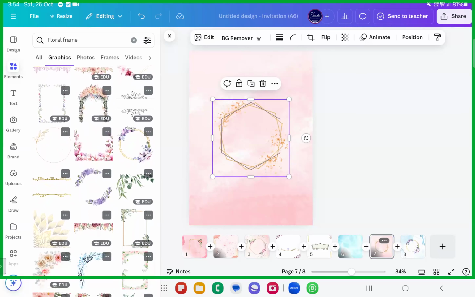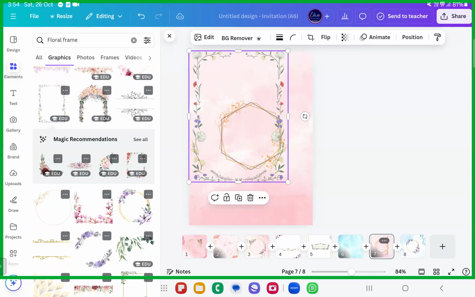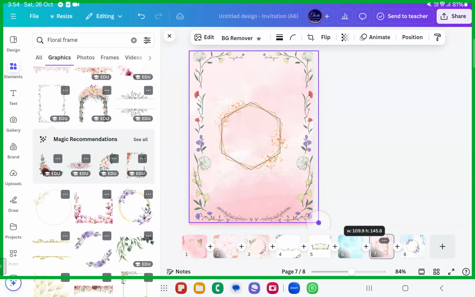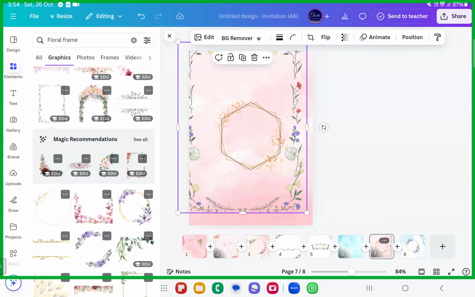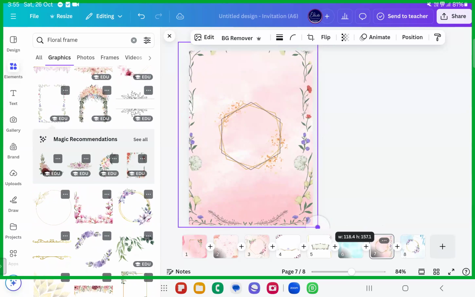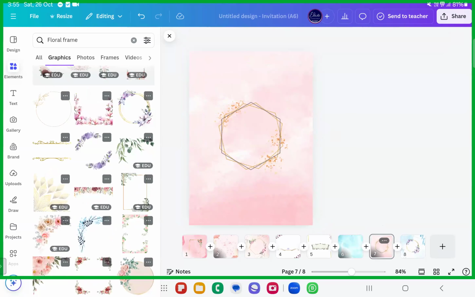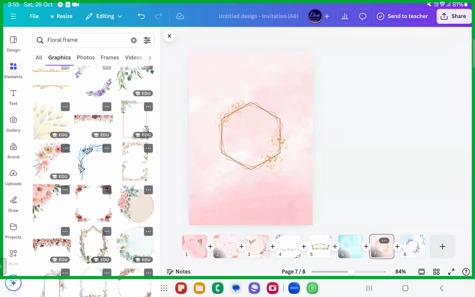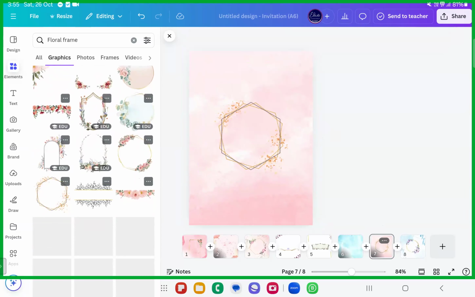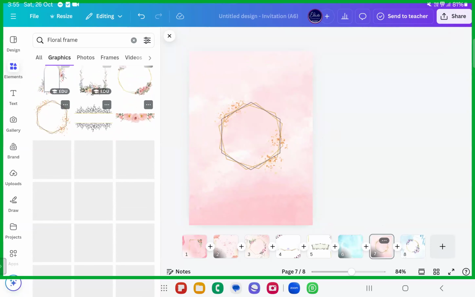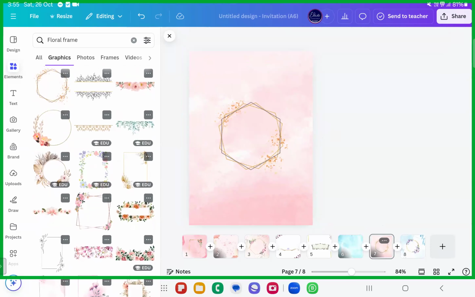Simple frames, you can grab something like these ones and add it. If this is too complicated for you, delete it, okay? Don't complicate things, or make it messy. Do not make it look messy. Create it very beautifully. Let it be a very thin border. Okay, this also looks good.